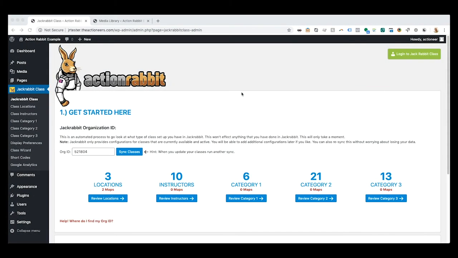Recording, we're going to be going over adding instructors in our Action Rabbit Jackrabbit class plugin. So inside our WordPress dashboard, inside the Jackrabbit class tab, we will see an option that says class instructors, and if we're on our main Jackrabbit class page, we have an option that says review instructors. So you click either of those,